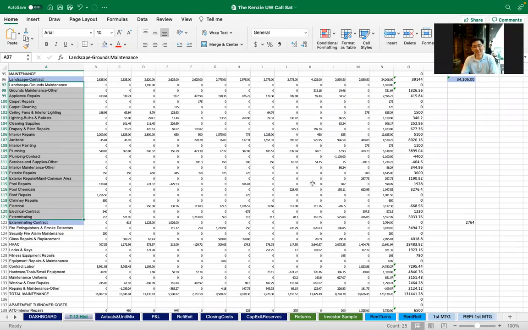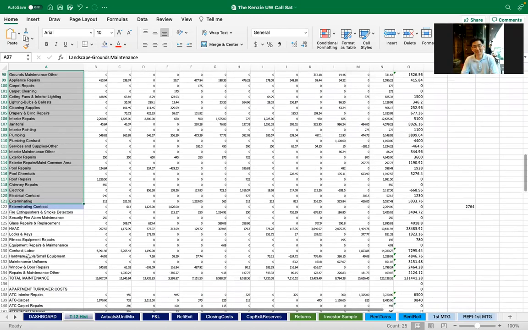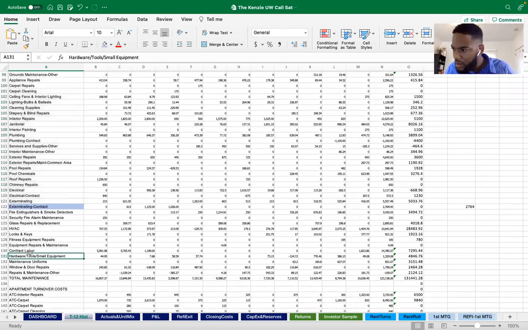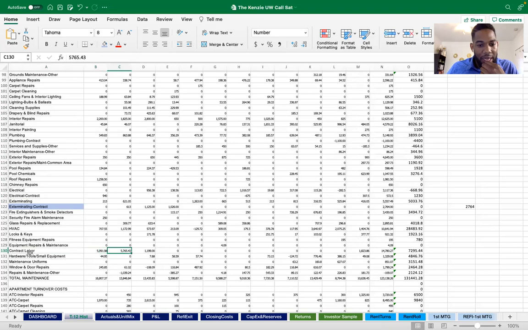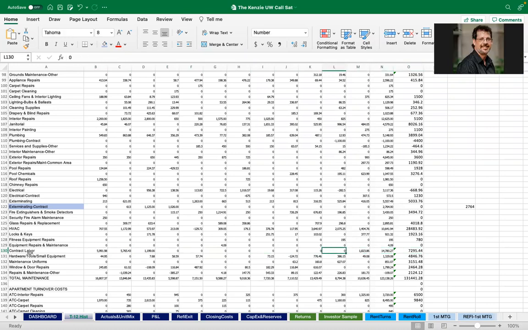What about 130, contract labor? Is that under like payroll or contract services? It's hard to say, really. I wouldn't really classify this one as a contract service, because we see it's the first quarter of the year. I wouldn't consider this as payroll either, because it's the first quarter of the year, and then it just kind of drops off. Things need to be repaired, and that's how they got that labor cost as needed.